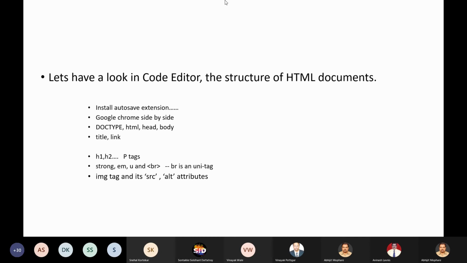So now let us, this is an editor called Brackets. What we have to do first is create a folder. Right? We have to create a folder. Whenever you have any project, I advise that for each and every project you create a separate folder. So here I have this course folder, and within this I have this session one, and within session one I have created one folder called code.